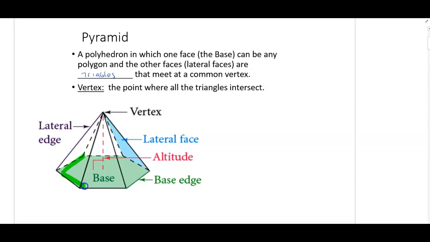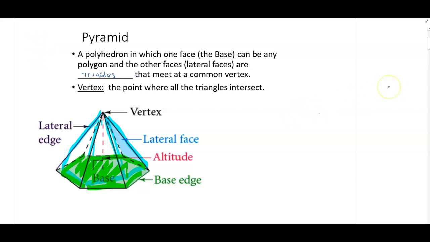So when you look at the base, the base is just any polygon. This one's a hexagon. But all of these lateral faces that you see here are in the shapes of triangles. So the difference between a prism and a pyramid is a prism had rectangles as lateral faces, a pyramid has